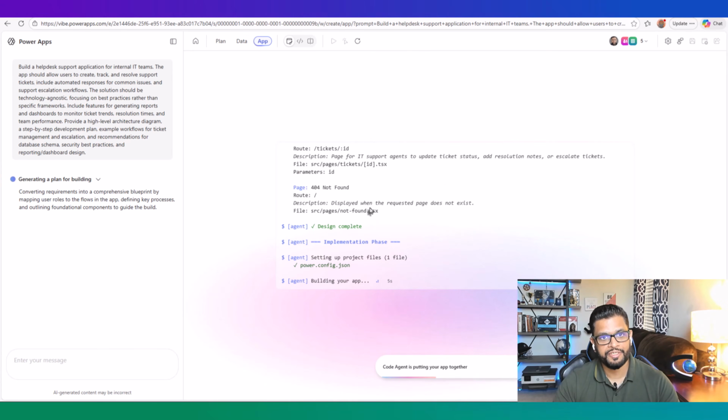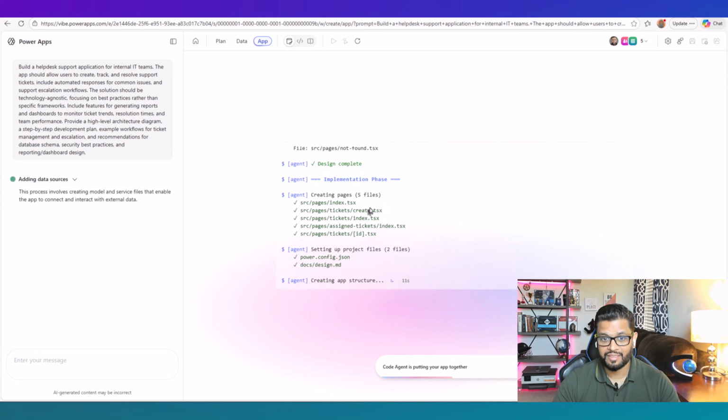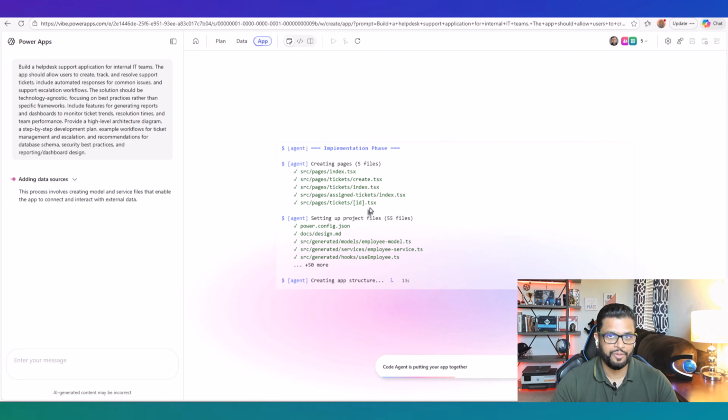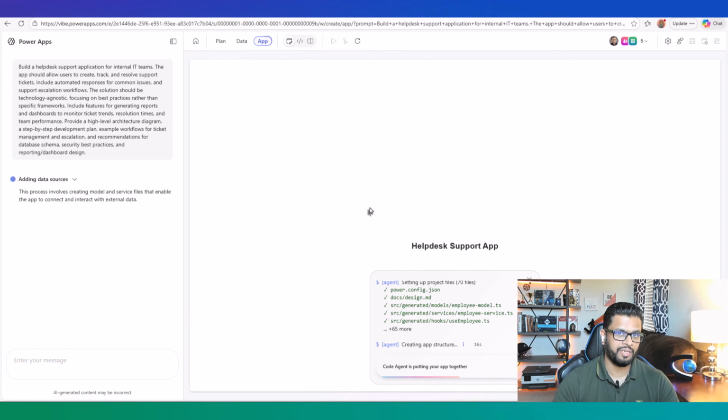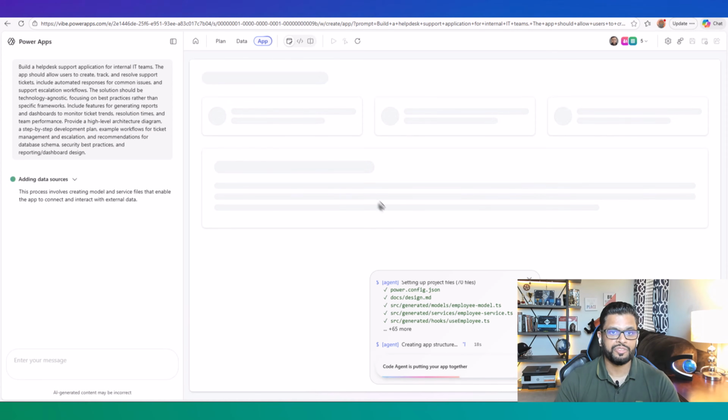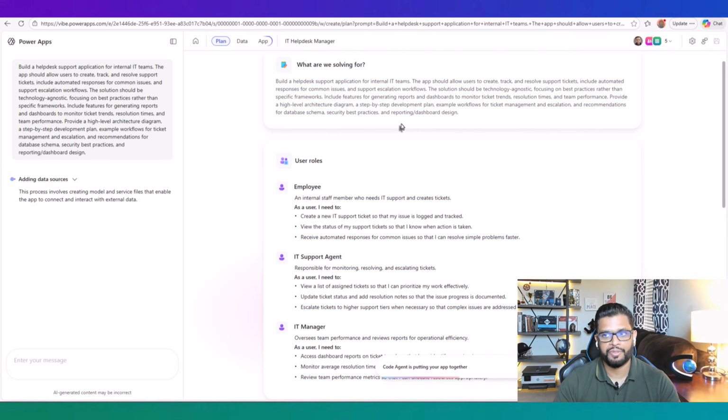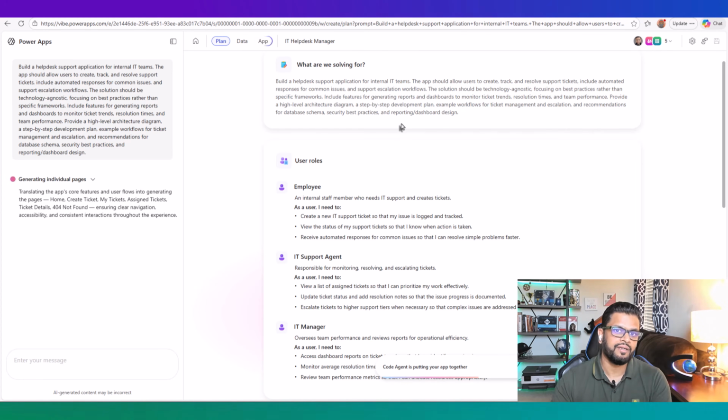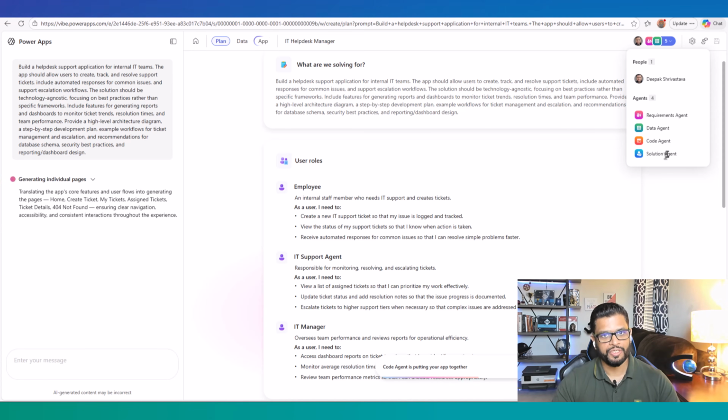The code is getting generated using the code agent. So I don't really need to type anything or write any code. Plus, I also don't need to understand any of this code. If my background is not a developer and I don't really know what this code is all about, I don't need to understand, because the code agent is taking my natural language and converting that into the actual code, right? And the final one is the solution agent, that's binding all things together and creating one final solution for our